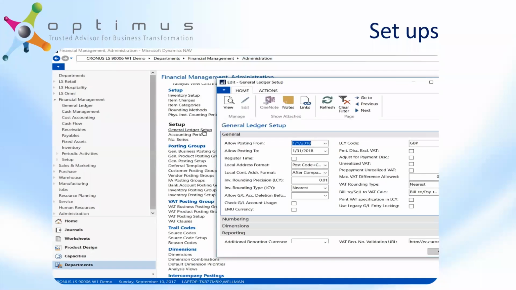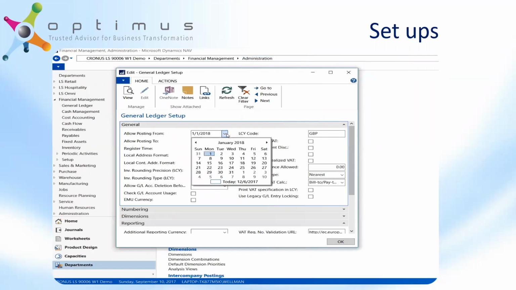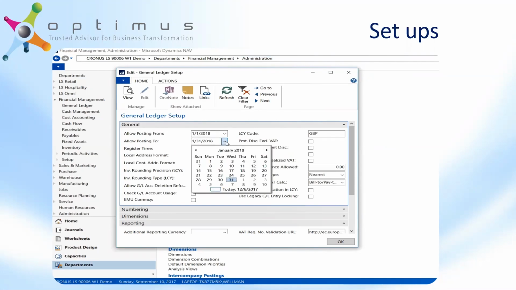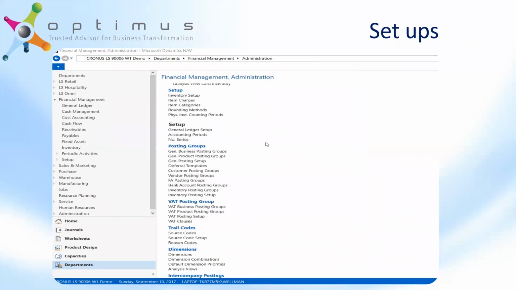I'm going to open the general ledger setup, and you need to verify in the first place that all the people who will be closing and posting the different year-end activities have the allow posting from and allow posting to fields updated for December, in this case, and January of 2020. This is a demo that I'm showing, but here you can see the setup. Don't forget that you need to have